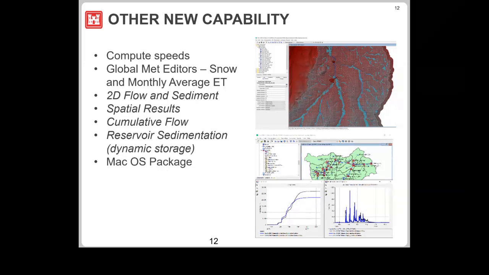Upcoming, Mike's been working really hard and has a big team working hard on 2D flow and sediment. So that should be coming. That's the screen capture you see in the top right. And then cumulative flow, that's the plot you see here on the bottom right. You can see we have this new cumulative flow output. And then we have a reservoir sedimentation feature coming. And then for those of you who like the Mac platform, we just did a Mac OS build, which is kind of cool. And then I think that is all I have. Let me just